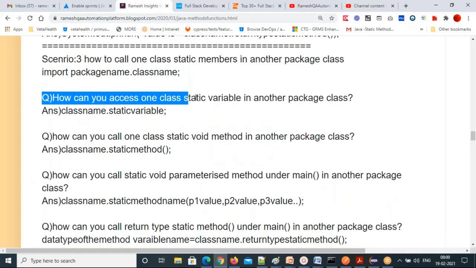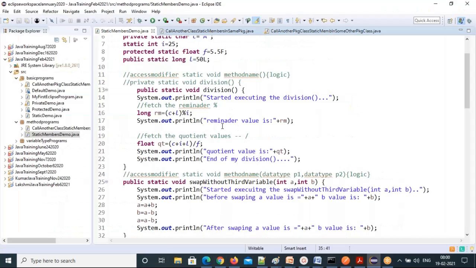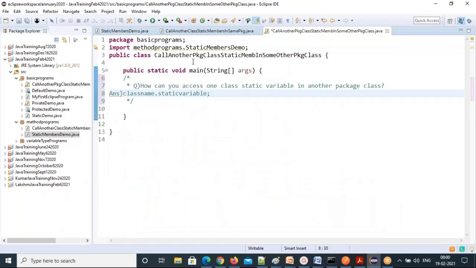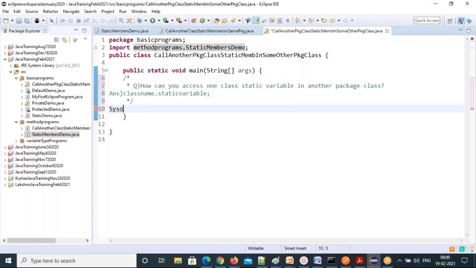How can you access one class's static variable in another package class? Class name dot static variable. Just do that. So what is the class name? The class name is static members demo. So we are going to get a value, which means I need to print it directly. I cannot directly place the value. So you can use the static members demo class, static variable L value is, so that is class name dot,